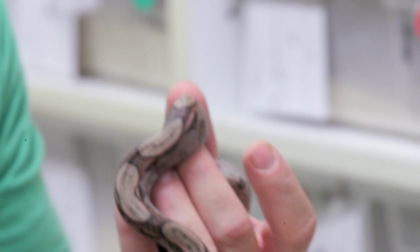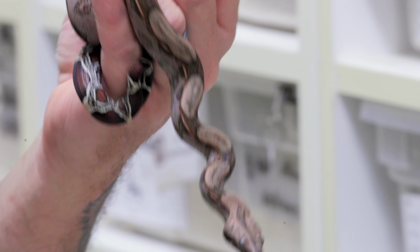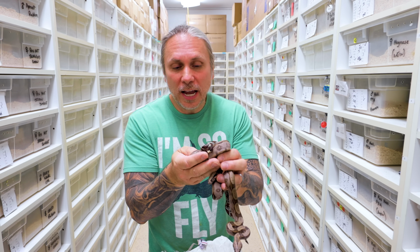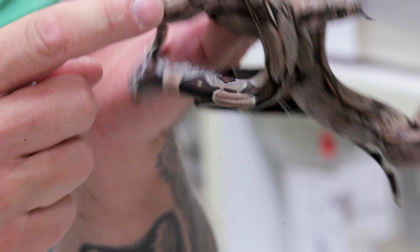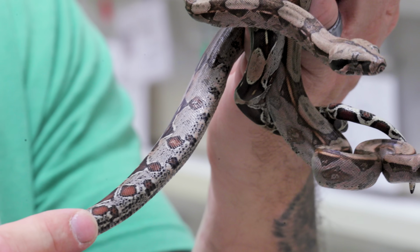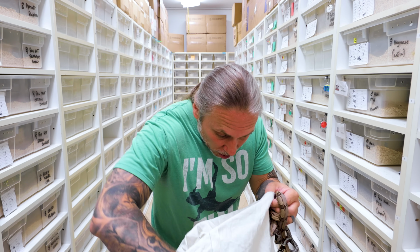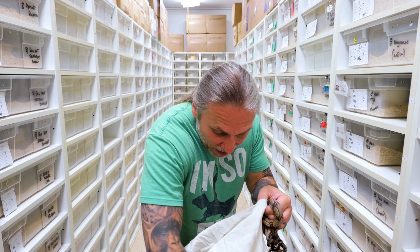Remember, we got Guianas, we got Surinams, we got Peruvians. Guianas are really cool because they're the more lavenderish color of these animals. When these get bigger, this tail just turns bright, beautiful, almost like a maroon reddish look. Absolutely incredible. So I'm just going to look through here because each bag has about 5 or 6 of them